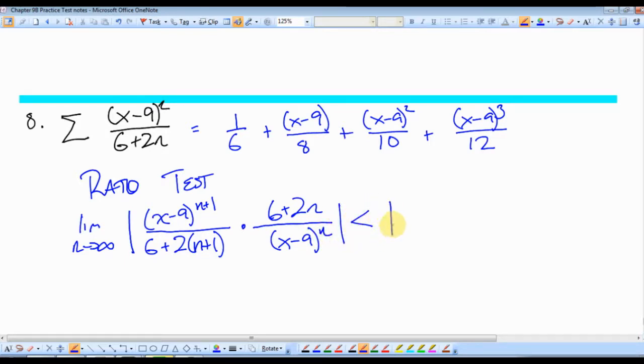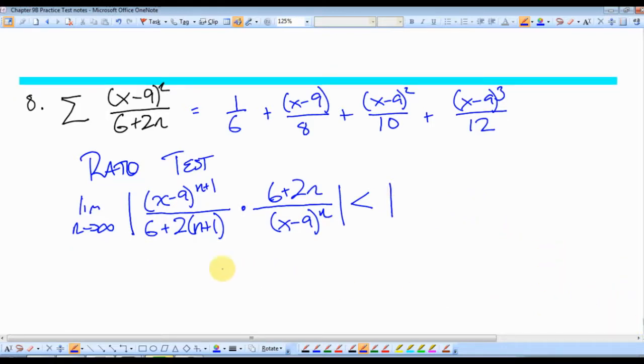This is a power series, so I'm going to force it to be less than 1. Okay. x minus 9 comes out. 6 plus 2n over 8 plus